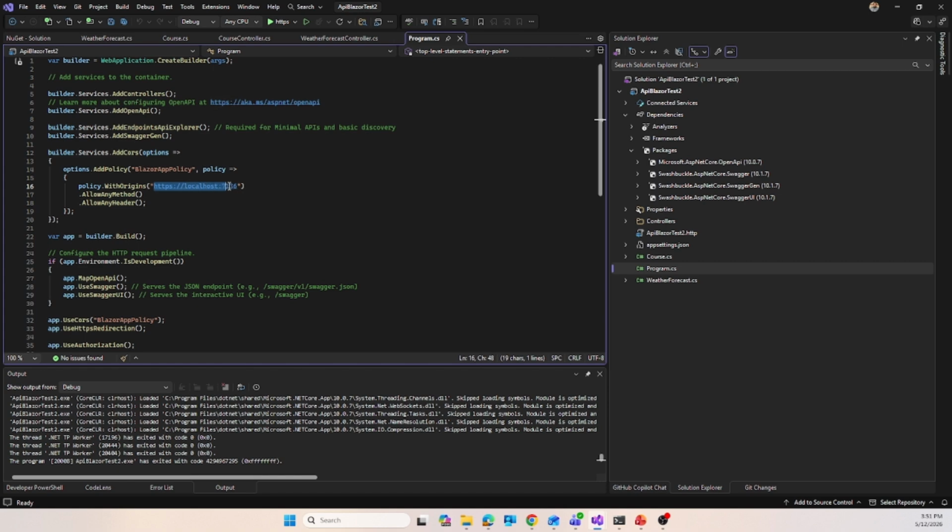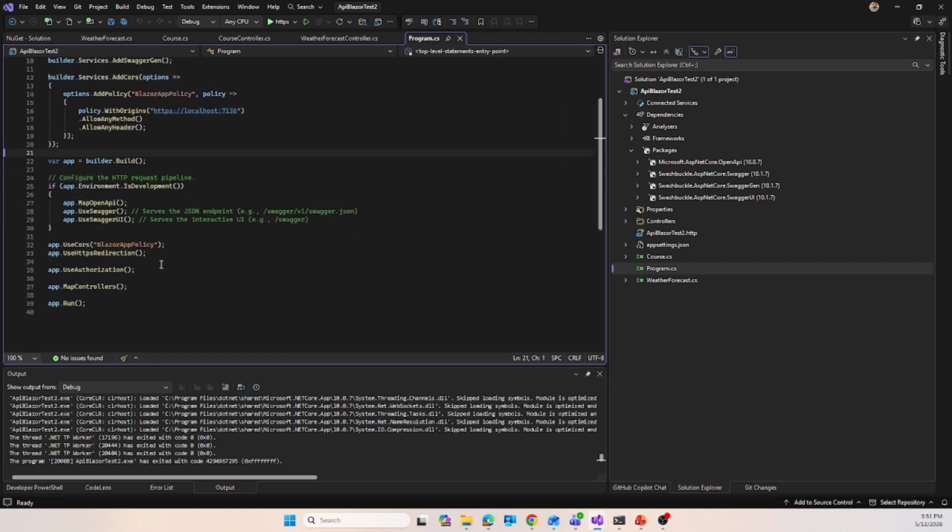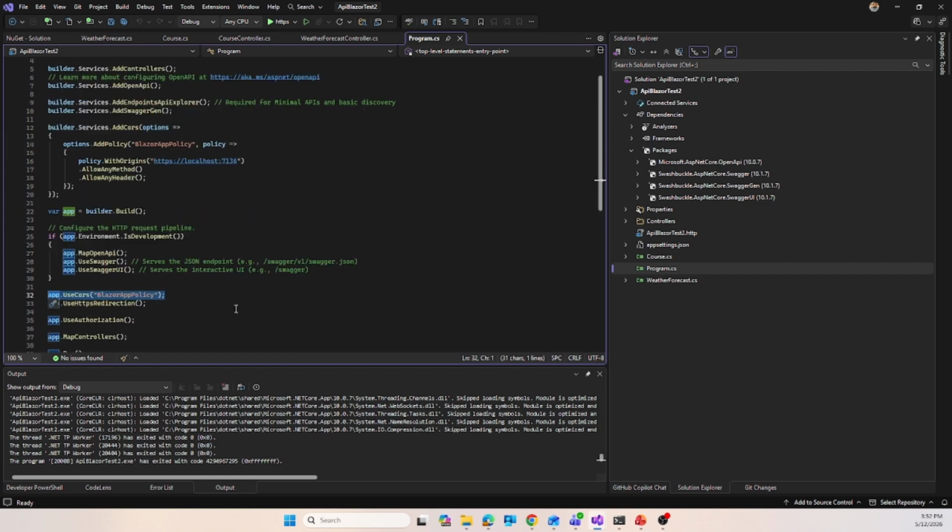This is the origin of my front-end application. I'll show you a little later. And finally, UseCors. I have set the name here with this origin URL. So if I run this API application now,